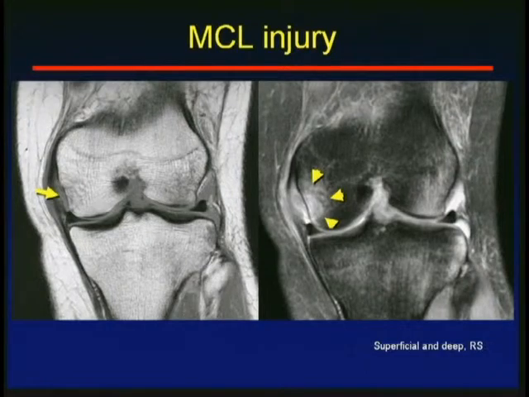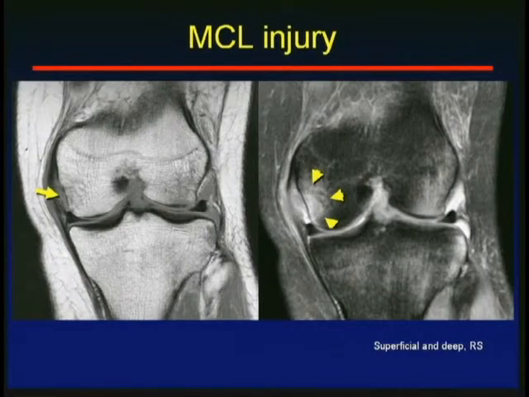So that is another helpful finding. This deep component only contributes about 15 or 20% of the stability to valgus stress on the medial side. But the combination injury has the potential for more instability than if you have a superficial tear alone. So in your report, I typically include 3 structures: the superficial, the deep, and the posterior oblique ligament, about which